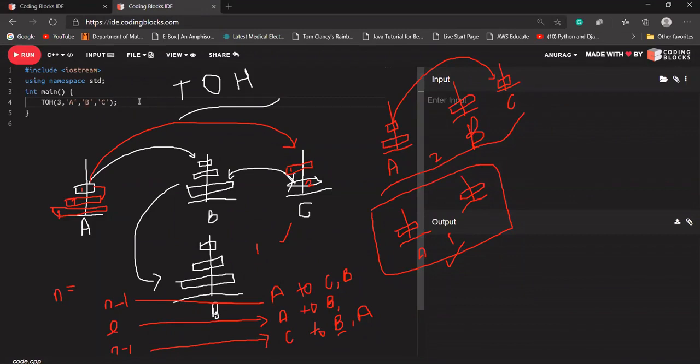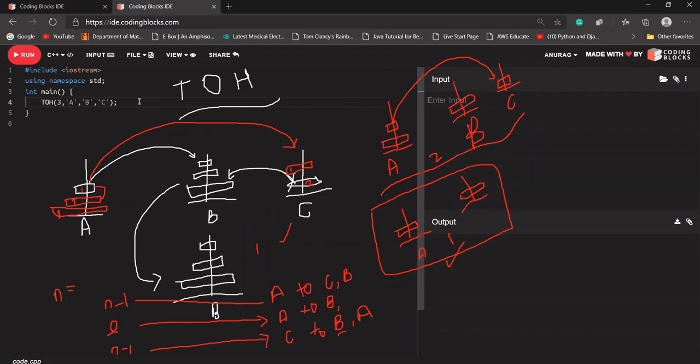Now if you want to transfer 2 disks, because for transferring 2 disks, what we have written is that from A to C we have transferred. Now you can transfer 2 to B, and the element that is at the top of C will be transferred to B again. Okay. Ashish is saying, but that one disk will be the top one, right? Ashish, yes, that one disk will be the top. Yes, initially it will be the top disk.